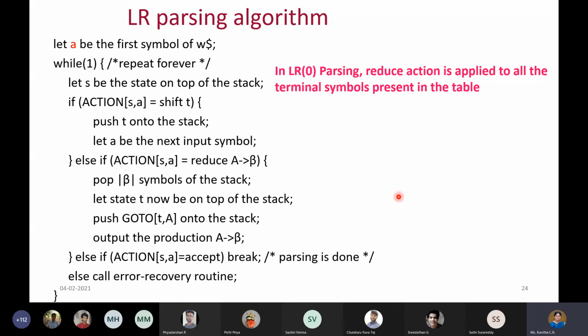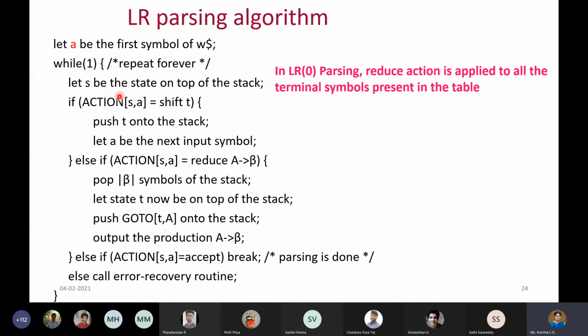Coming to the LR parsing algorithm, everything is included here. That is, when to perform the shift action, when to perform the reduce action, when to say it is accept, and when to say it is error. For any particular symbol, say a, which is part of our w, we are reading the input symbol, and this loop will repeat forever, until you terminate and come out. Let s be the state on the top of the stack. If you are starting, then on the top you'll have 0. You'll start with that, and at least one symbol should be shifted.